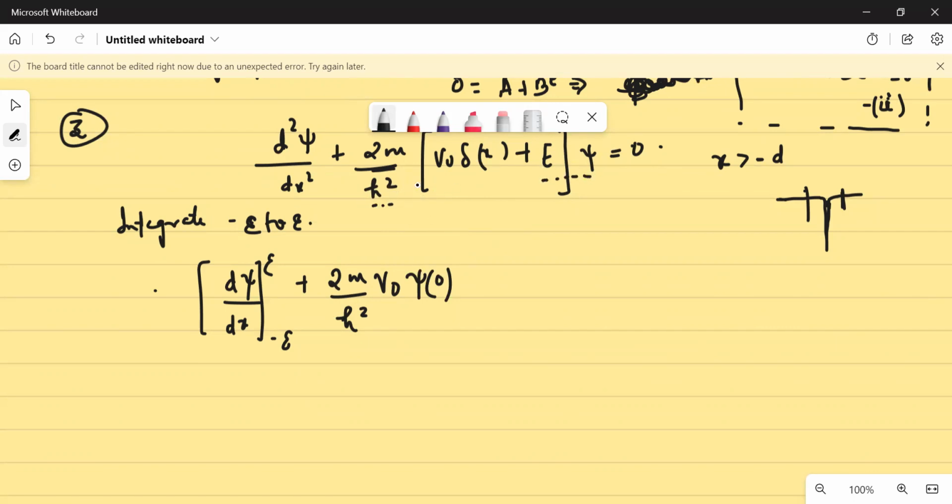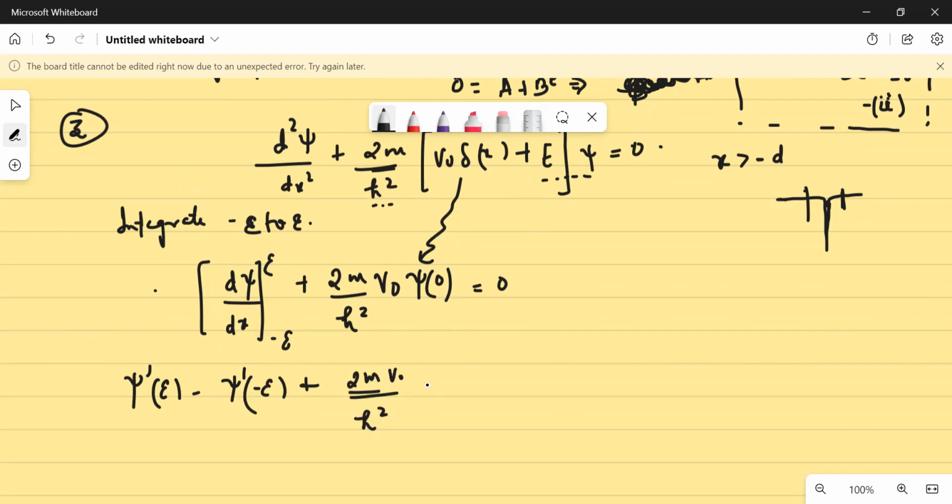So just see the last two lectures and you will come to know that I have done the same thing, so I will not do it all over again. If I integrate it from minus epsilon to plus epsilon, my second order derivative becomes the first order derivative. By the filtering property of the Dirac delta function, this term becomes this, and this other term goes to 0. Kindly pause that lecture so that it does not bother you much. And this will be equal to psi dash epsilon minus psi dash minus epsilon plus 2m V naught upon h cut square,